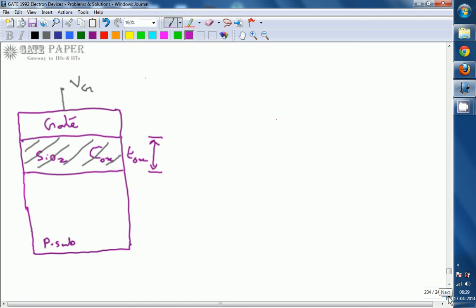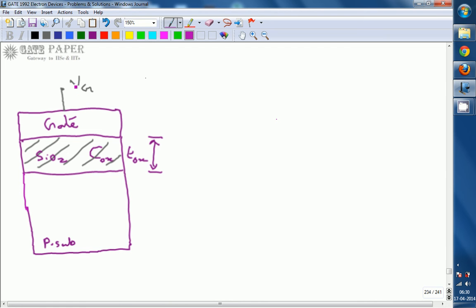So this is a simple MOS capacitor made up of a p-type substrate, where this is the gate terminal. The voltage across the gate is Vg, and this is silicon dioxide and the p-type substrate. It is acting as a parallel plate capacitor: the gate, made up of polysilicon, acts as one parallel plate, the substrate acts as the next parallel plate, and the silicon dioxide layer acts as the dielectric material. The thickness of the silicon dioxide layer is given as TOX, and COX is the oxide capacitance related to the silicon dioxide layer.